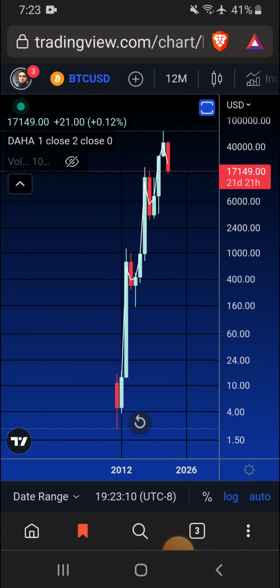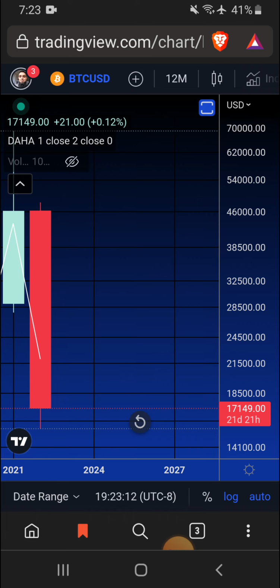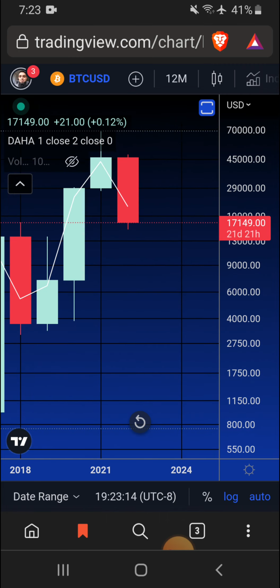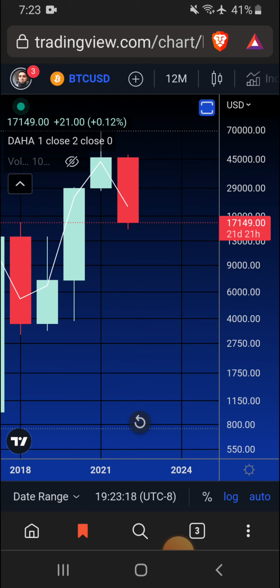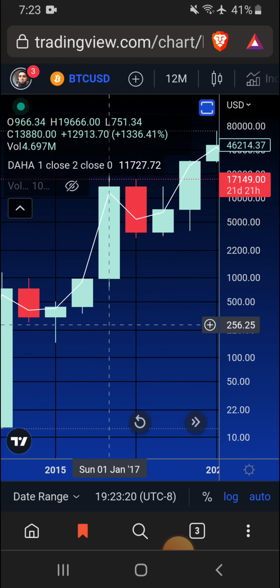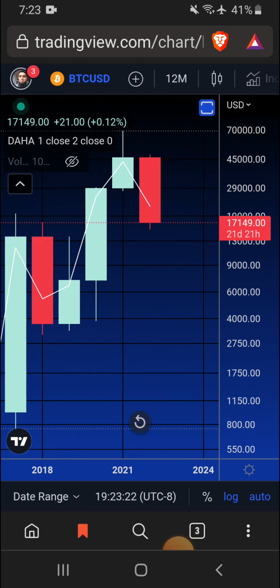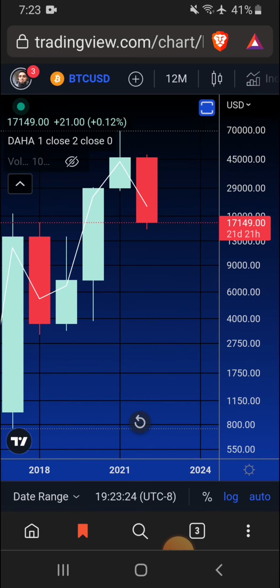let's say we were in January or February, and the candles are still far away. So let's see how it opens up next year. But anyways, next year at some point, of course, the price is going to move away a lot. So we could be like, okay, well, price is really low below the DAHA,